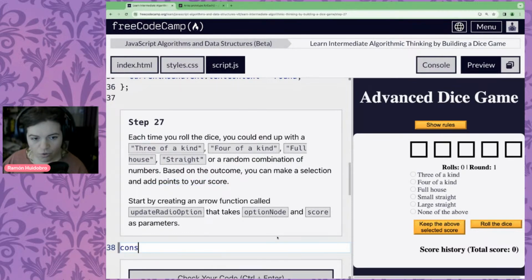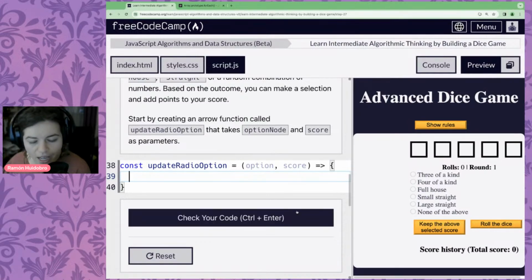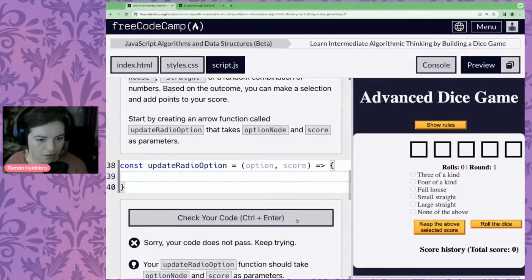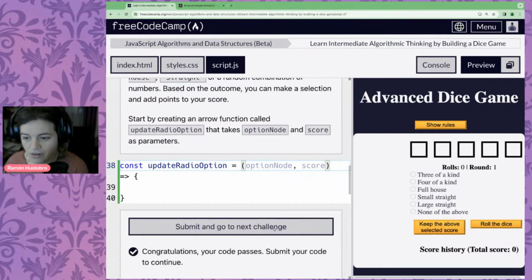So we're going to make a new function called update radio option, and it's going to take 2 arguments this time. It's going to be option and score. 2 parameters, pardon me. Now we don't know yet how this is going to work because we're just laying out option node, my mistake. We're just laying out what this function will be structured like. That's better. Pat, pat. Let's keep going.